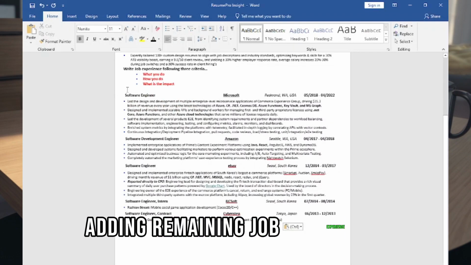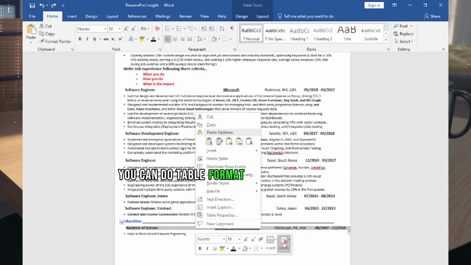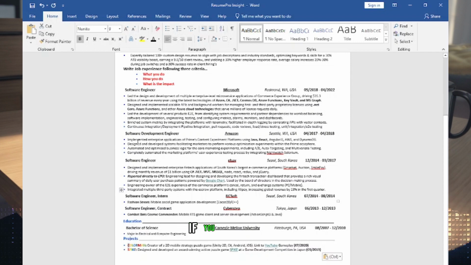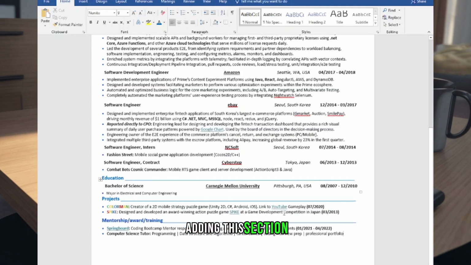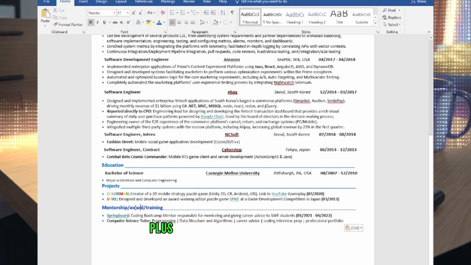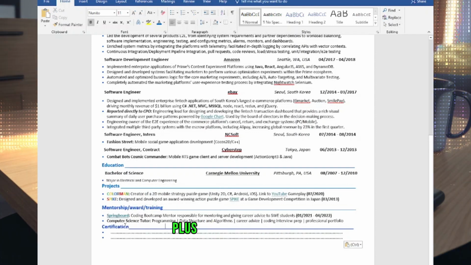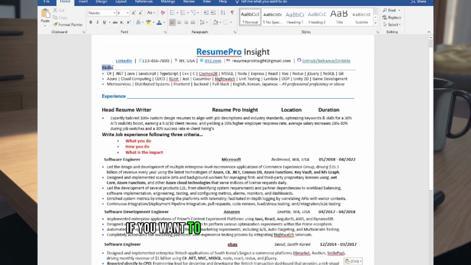Adding remaining job experience. Then adding the education section. You can do table format or remove the table. Then adding the project. If you add a project, color like this to make it more unique. Adding this section, you add it like this. If you have experience, plus looking for a leadership role, then add other sections, like awards, etc. Then certification, plus interlink the topic you want to check for validity. Then adjust. If you want to adjust something,